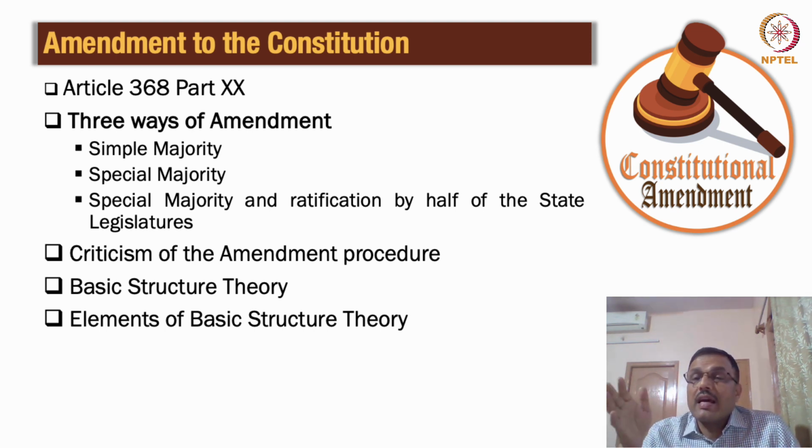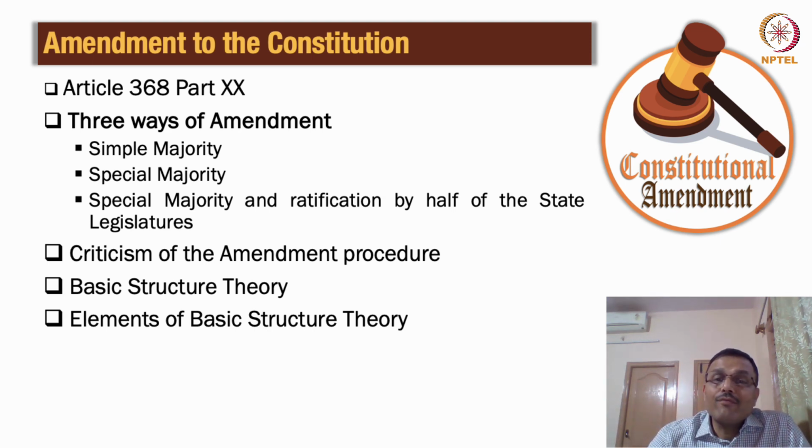And the current generation may have its own aspirations, and hence the constitution ought to be, I would not put it in the sense that it should be flexible, but it ought to resonate with the aspirations of the current generation. Hence we have to say that the constitution must be a reflection of the public society or the public policy of current times. So generation to generation may determine what should be the public policy in the constitution.